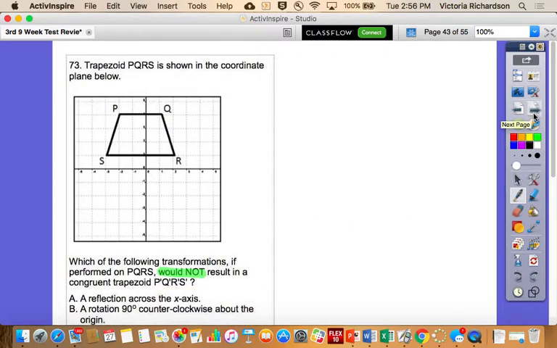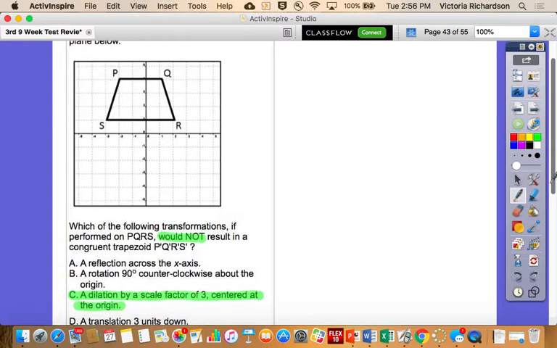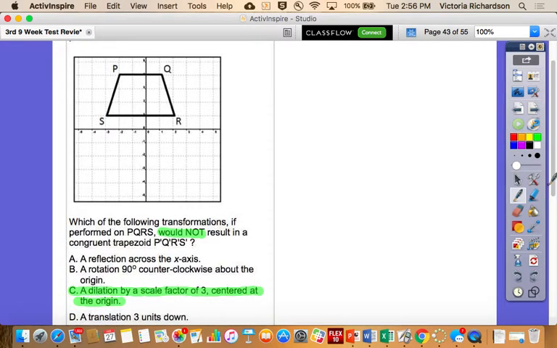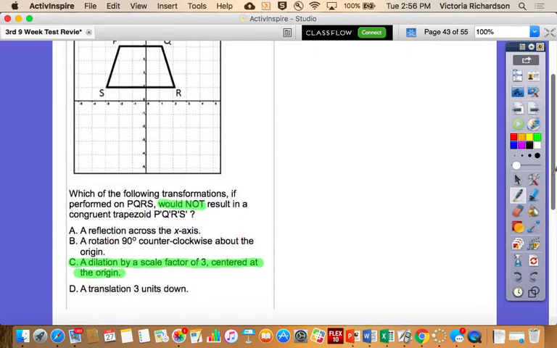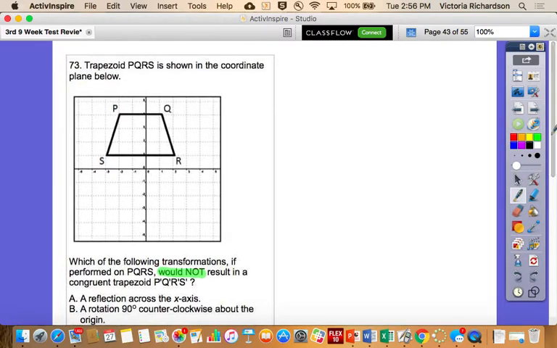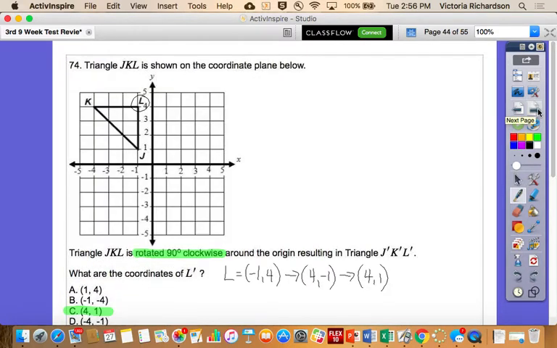73, trapezoid PQRS is shown in the coordinate plane, and then it says which of the following transformations, if performed on PQRS, would not result in a congruent trapezoid, and the answer is C, because you have a dilation. And once again, a dilation causes you to have something that is a different size, whether smaller or larger. 74,